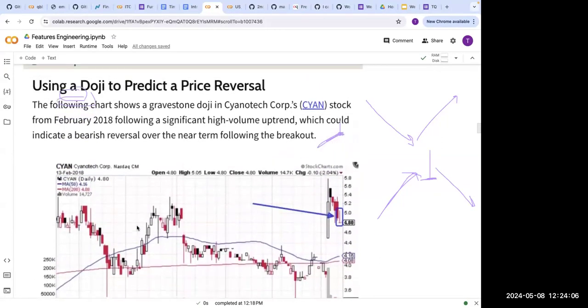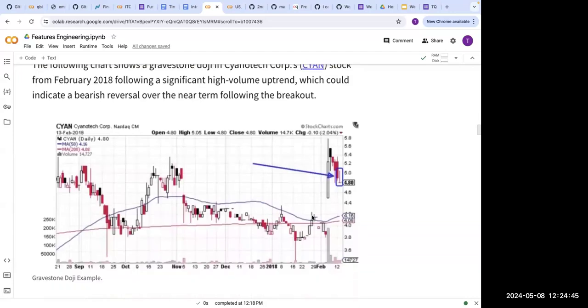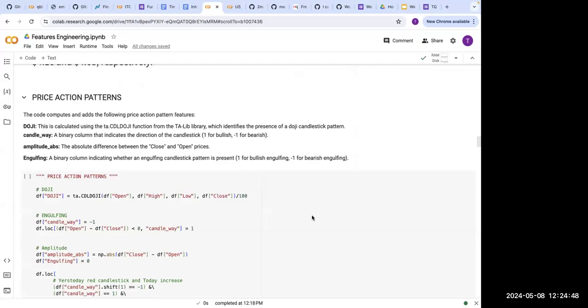So this is a very commonly used strategy for day traders or even short-term traders that look for reversals and then try to make small profits out of these reversals. If you remember, one of our strategies in alphas was also based on reversion theory, right? Reversion theory was that your current upward or downward movement would reverse and the stock will come back to equilibrium. So this doji is a symbol of equilibrium. Now you are going back towards the equilibrium. So that was about doji.